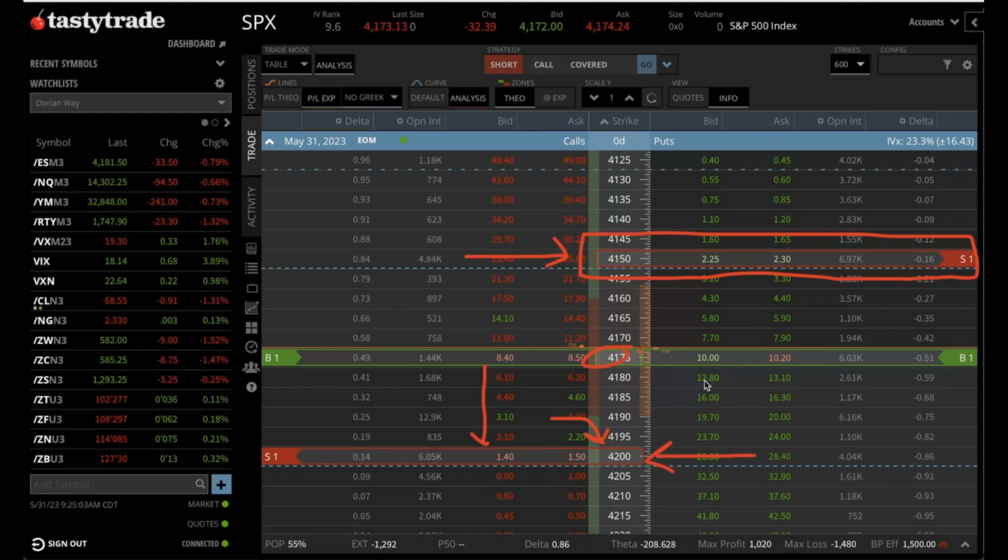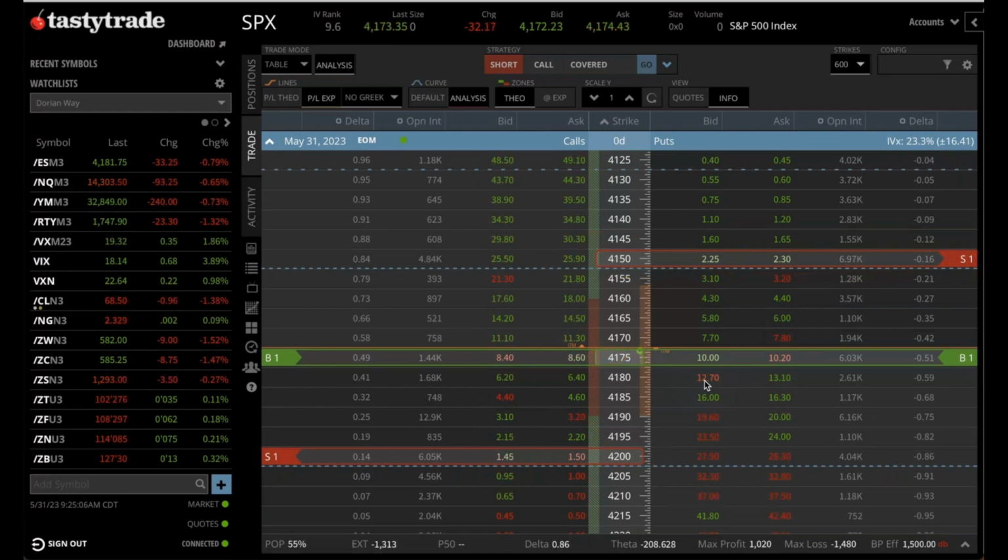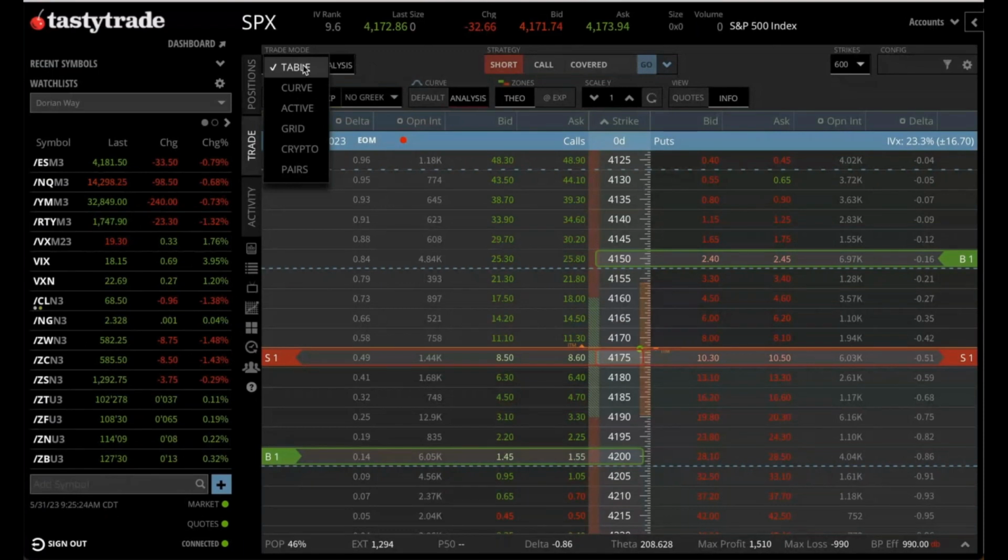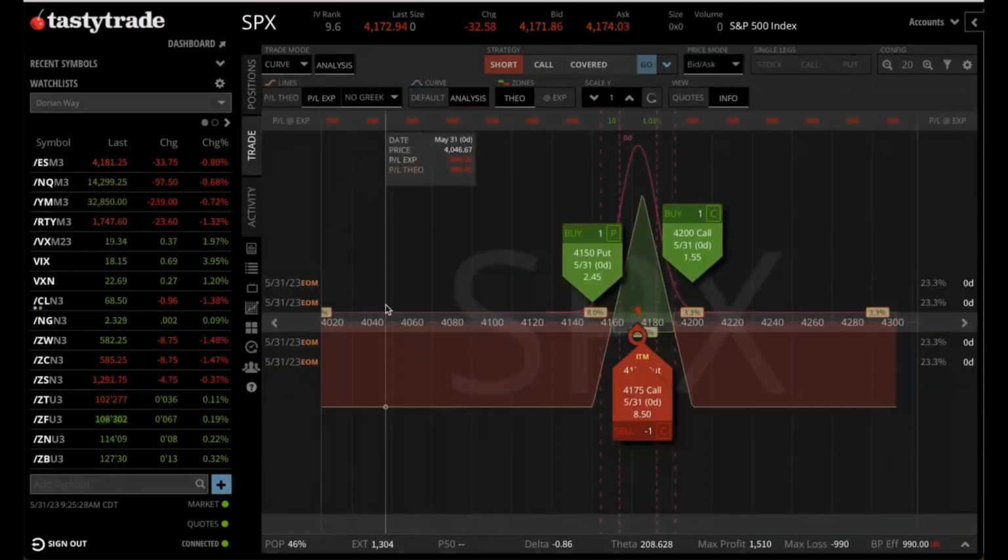So what we try to do most of the time is that we do the opposite of this, and we sell the straddle here and we buy the wings, right? So once again, this is the body, right? And this is the wing on the put side, this is the wing on the call side. And so if we look at this dynamic here, we go here and we look at the curve view here, you're going to see that now this kind of crown